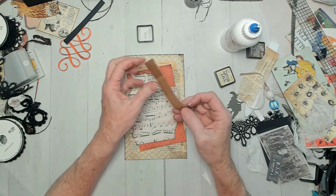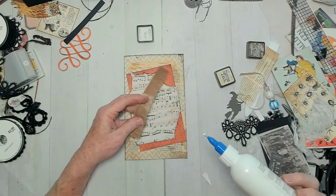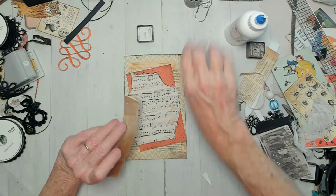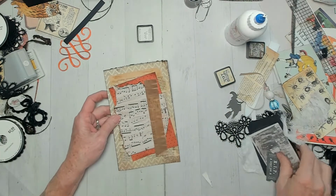Then I have just this little scrap here of this glassine bag that was laying here, and I just thought I'll just throw that in there. Just gives it a different texture. I'm just going to stick that on right in there. Okay, now then,